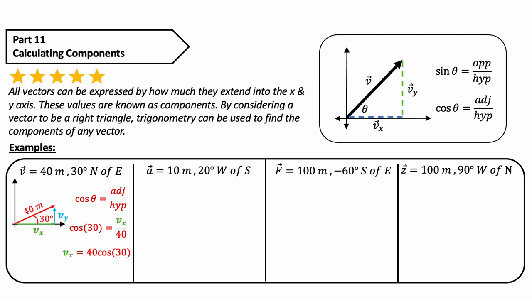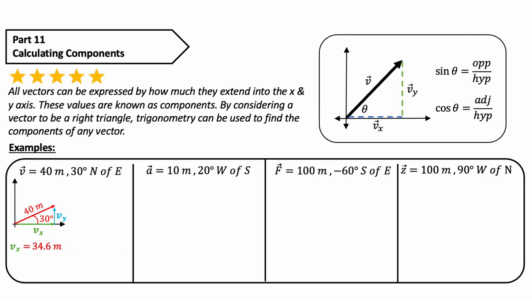So making sure that we are set in degrees mode, we enter into a calculator 40 times the cosine of 30, and it spits out that it is 34.6. That is how long the x side length of our vector is, and we've solved for the x component. Well, now let's solve for the y